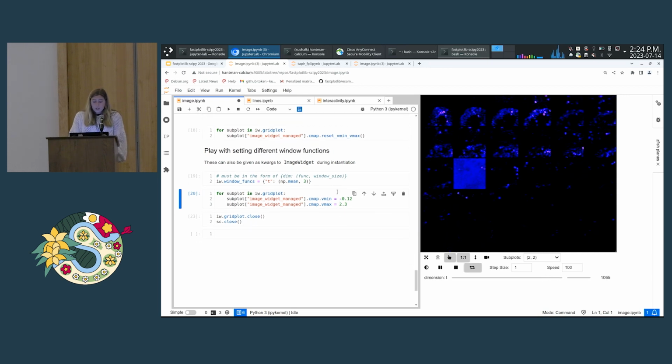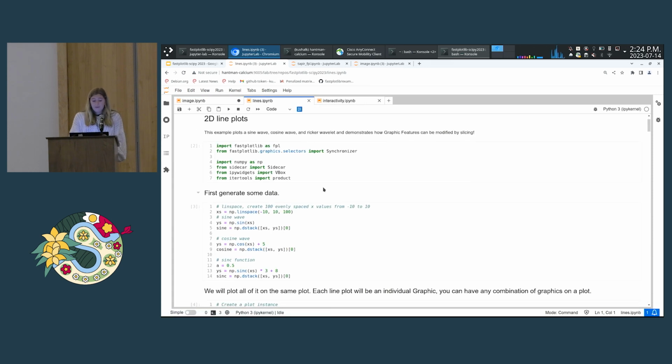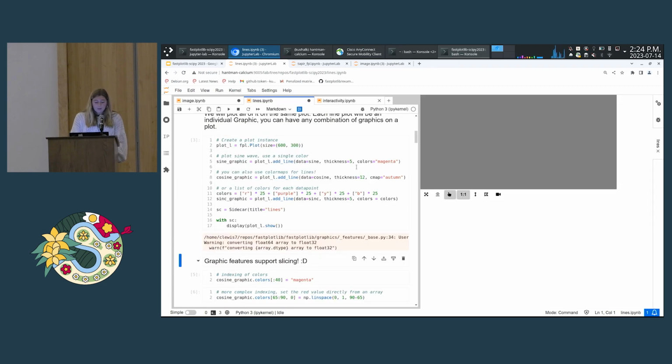And so that is just kind of a brief introduction into Fastplotlib, as well as images, what you would do with them. And next, I just want to take a quick look at some more graphics that you could create in Fastplotlib. So first, let's take a look at some 2D line plots. The first thing we're going to do is generate some data. We're just going to create a sine, cosine, and Ricker wave, and add all three of those lines